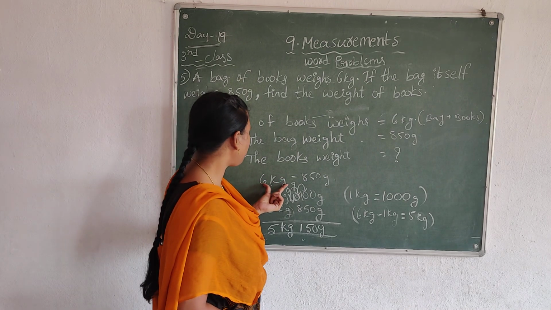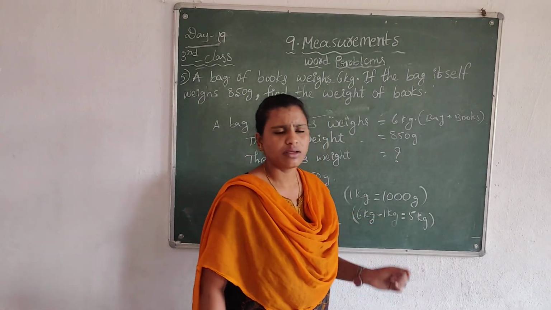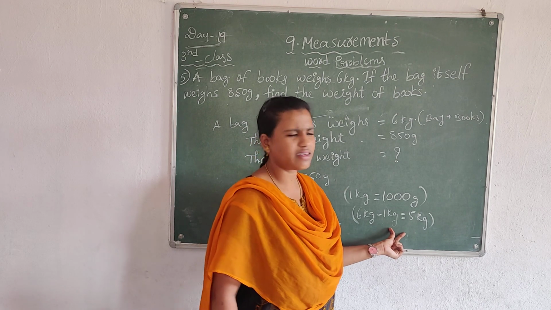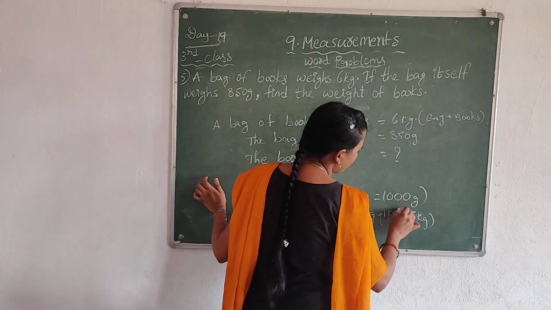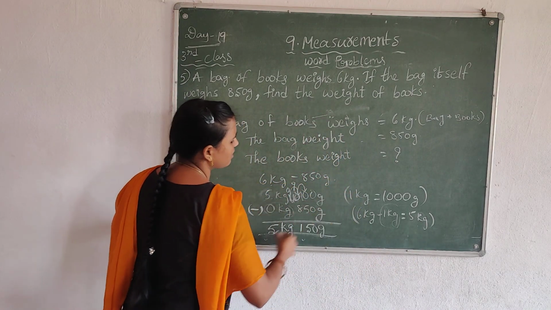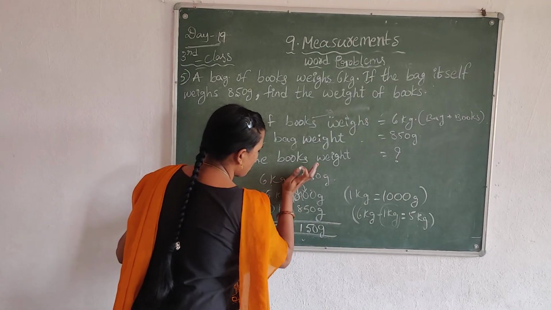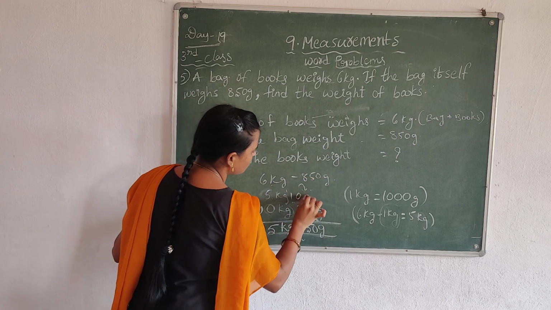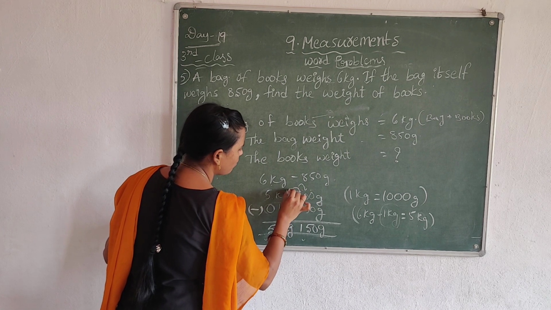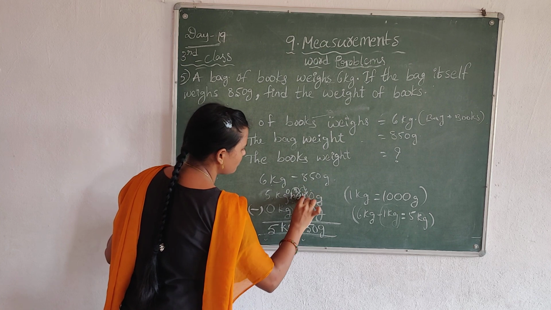First, separate these kgs. Okay, separate this 6 kgs minus 1, because we want 1 kg separately. If you separate 1 kg, we have only 5 kgs. Write down the 1000 grams separately. 1000 grams. So we take a borrow from here to here. Again we take a borrow from here to here, that is 10.